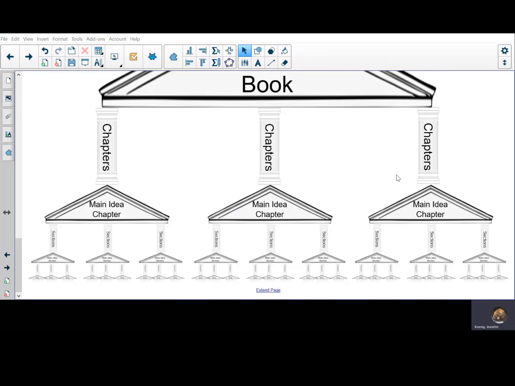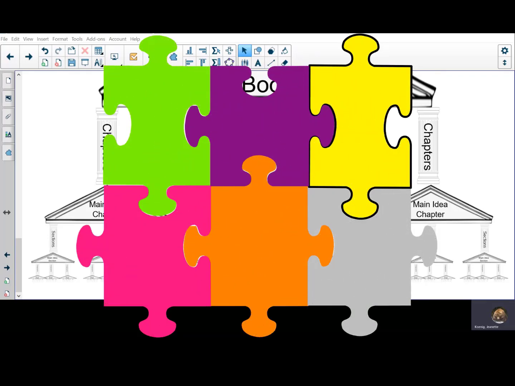How do these details work together to support this main idea? Usually when you discover you're not really understanding what you're reading, it's because you are not seeing how these main ideas and details fit together. Looking for these connections should help you troubleshoot where you're having difficulties in understanding the passage.